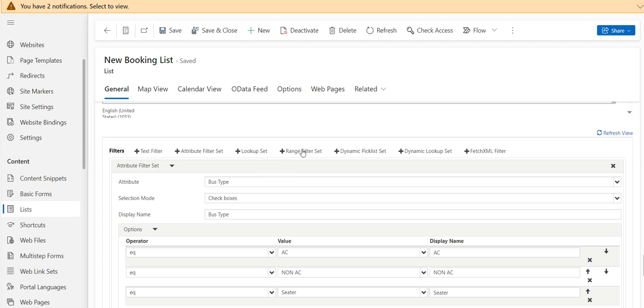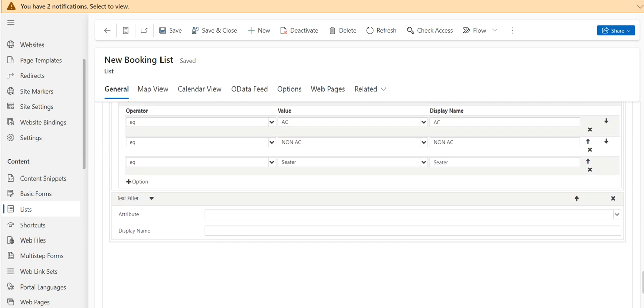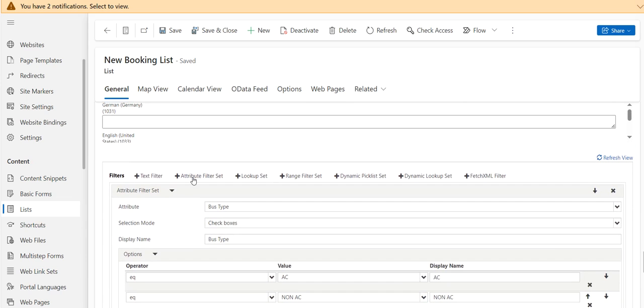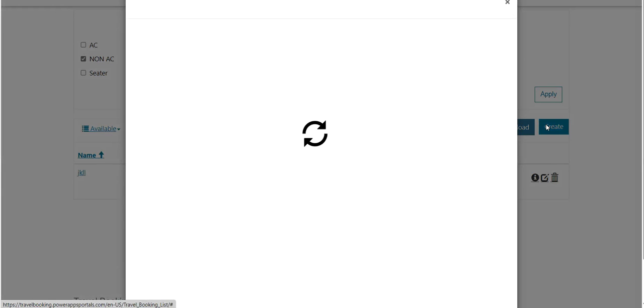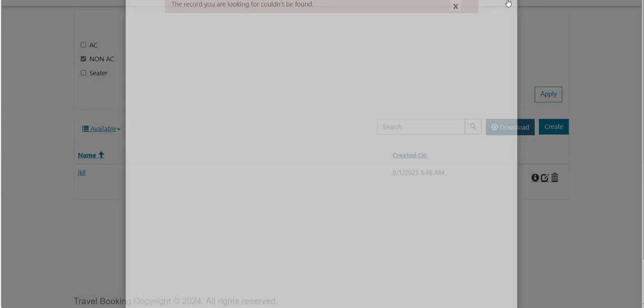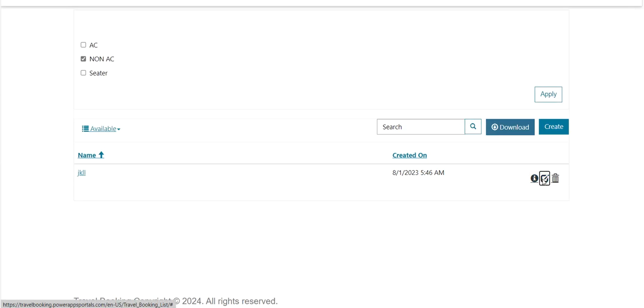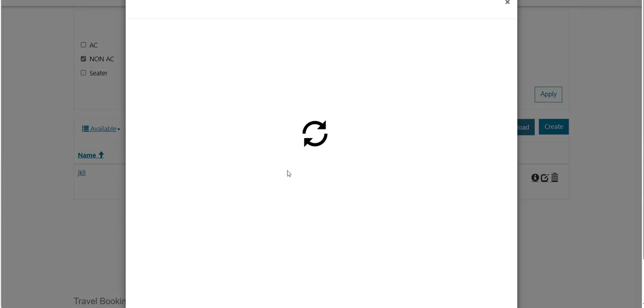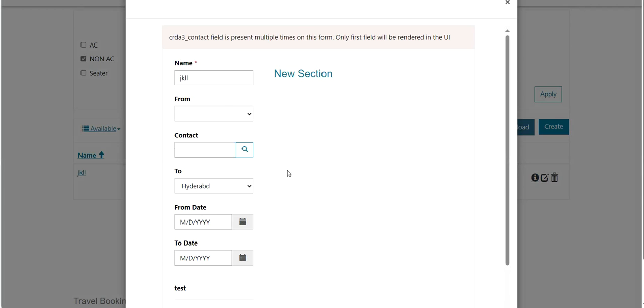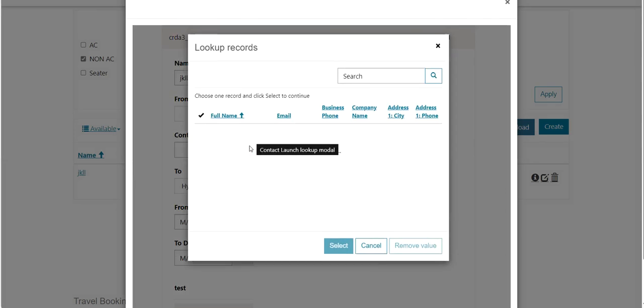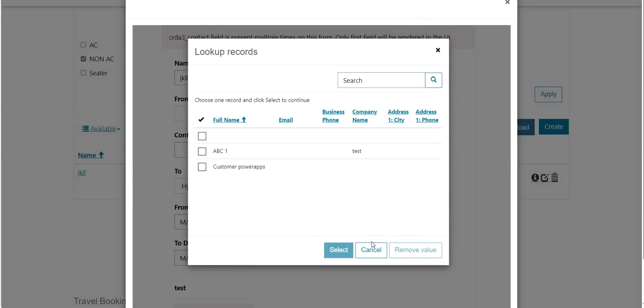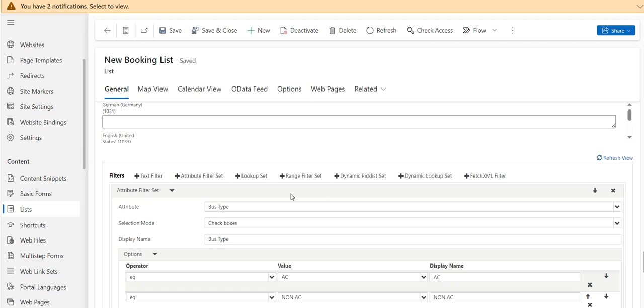Now we also have the lookup, range filter, dynamic filter list, dynamic lookup, and HTML filter. Text filter means whatever text fields we are using, for example name is a text field, and other fields like that, and the attribute option set for yes or no or other values, and lookup. For example, if you go and create one record, I think there is no access, one minute, we'll go to the edit page. In the editor, I have the contact lookup. If I select here, in this also we can filter the data. If you select lookup set,